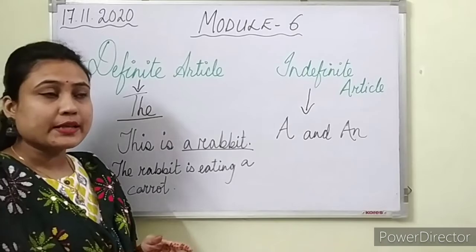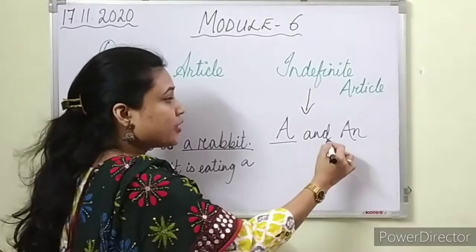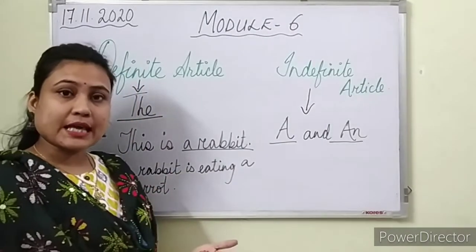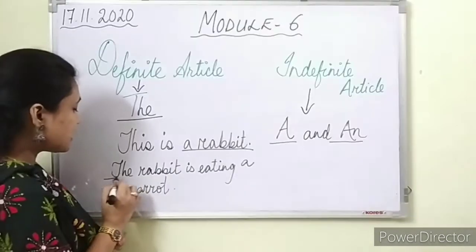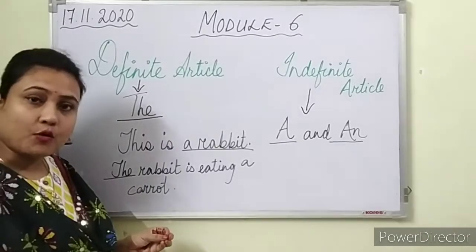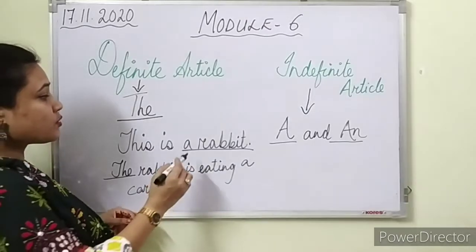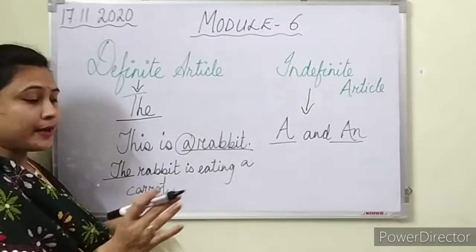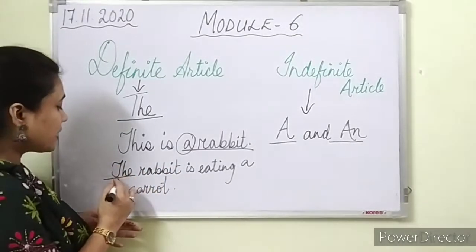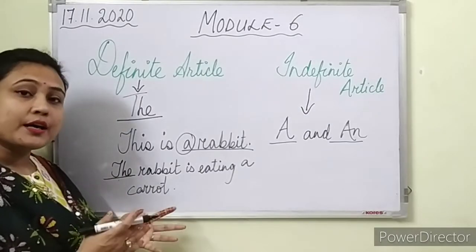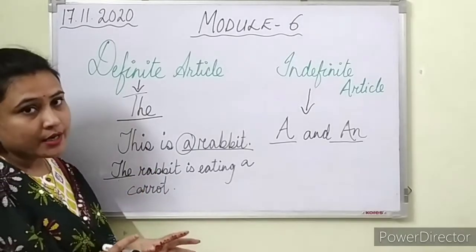If I have to explain that, when we speak about a thing for the first time, we use the article a or an. But in the same sentence, when we talk about the same thing again, then we use the article the to denote that noun. Like in here, we are talking about the rabbit for the first time, so we are using the article a. But in the second sentence, we are repeating the same noun again. So we are using here the rabbit. We are being more specific. We are talking about the particular rabbit.